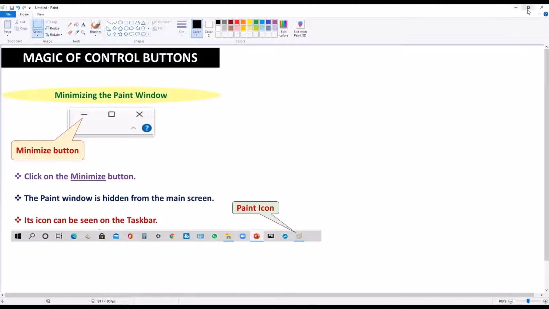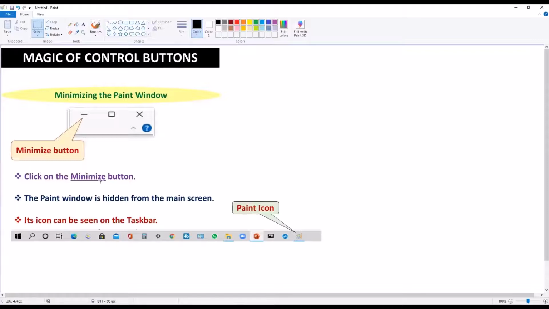The first button is known as the minimize button. What do we call this button? Minimize button. So now let's learn the use of this button.